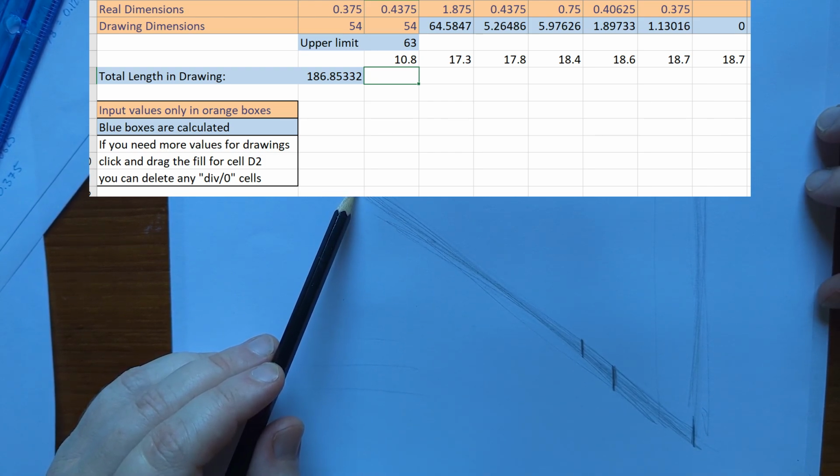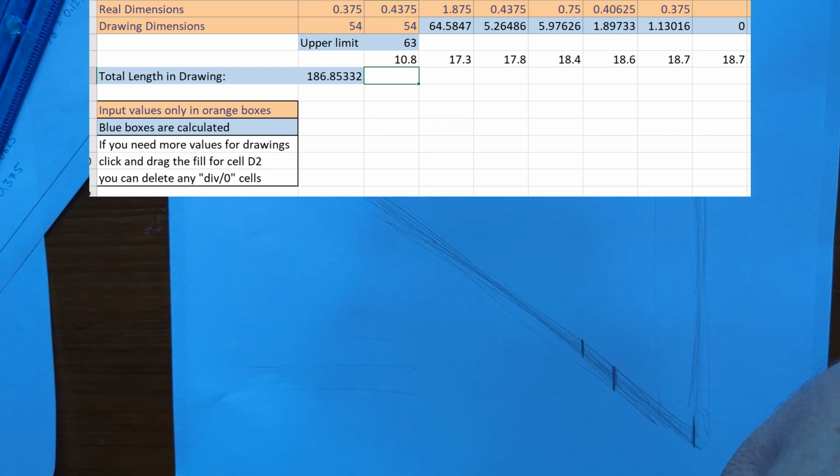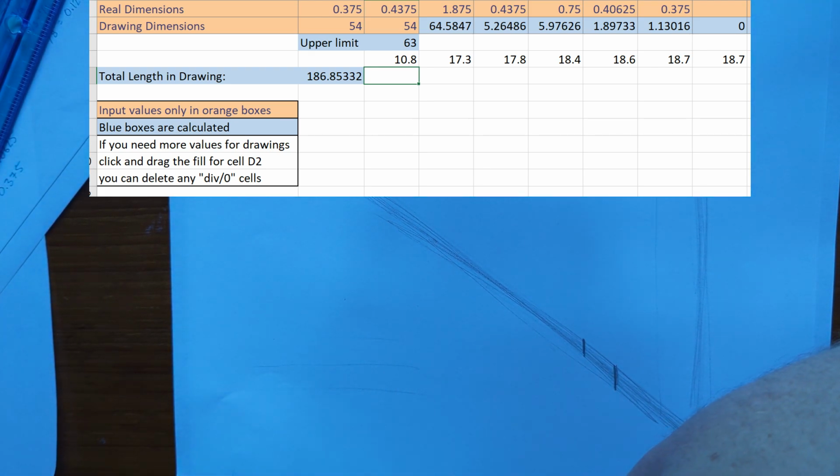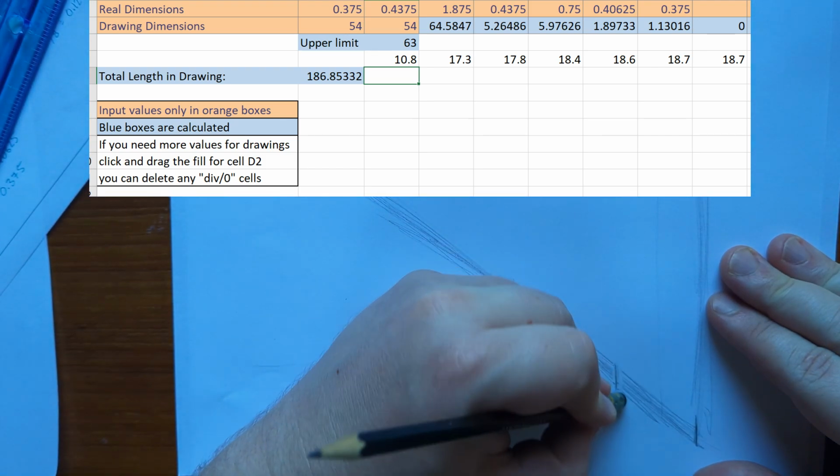So that gave me 186. So maybe I'll try 53 and 53. No, I think I like 54 and 54 best. Okay, so now